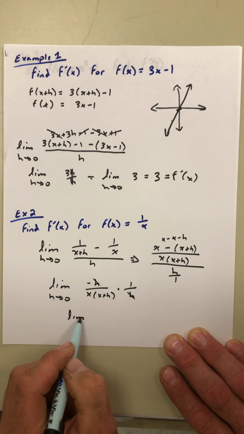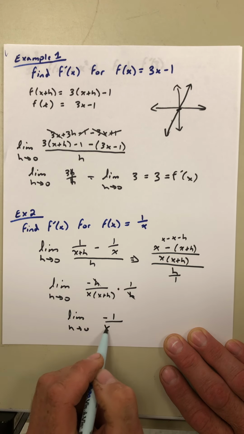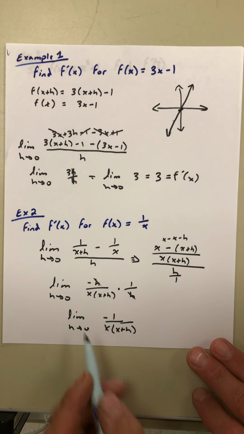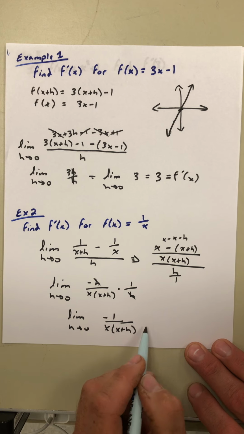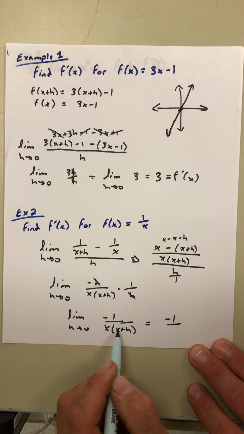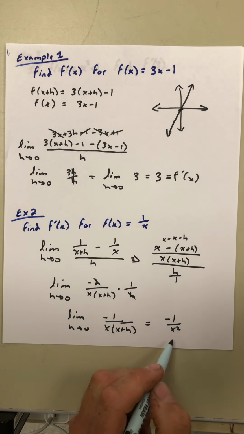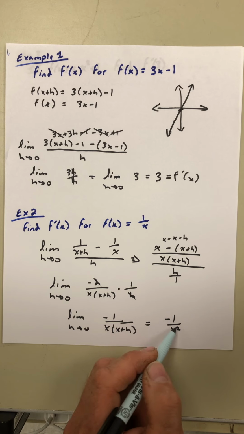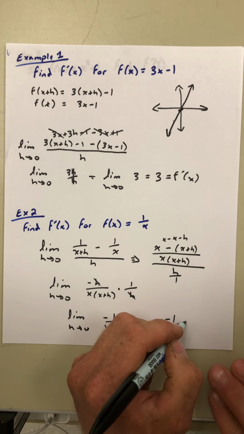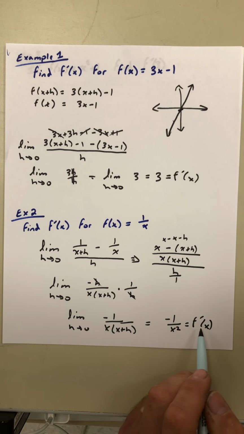We're looking at the limit now as h goes to 0 of negative 1 over x times x plus h. Remember our rule for limits, we're taking that 0, plugging in for h's, so we get negative 1 over, well, that goes to 0, we have x times x, we get x squared. So notice here, we get an algebraic, or a variable, in our derivative. This is, again, our f prime of x. Always want to label our derivatives with f prime,